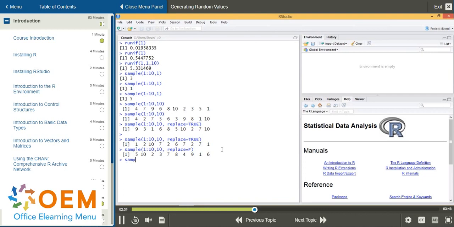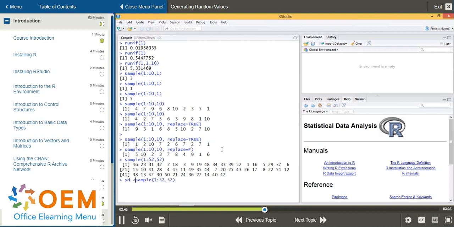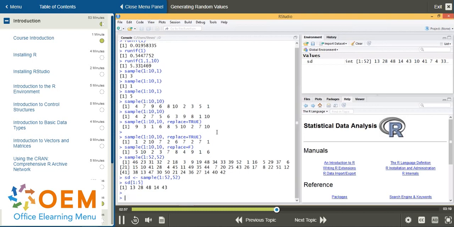A good analogy to this is, let's say we wanted a deck of cards, say from 1 to 52, and with no replacement. Now if we put this in a variable, say a single deck of cards, and we want the first 5 cards. So we could have these numbers represent certain numbers or faces. Another thing we'd like to do is